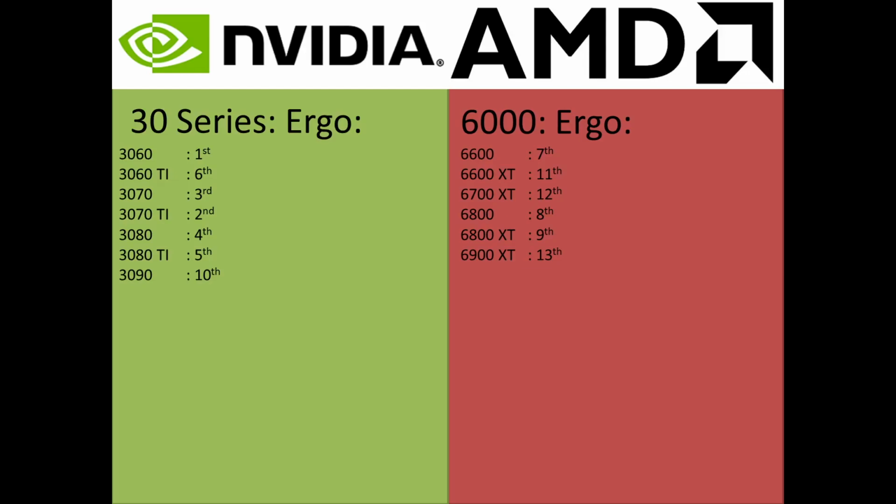Okay, on to Ergo. So you'll see now we've had a bit of a switch. We started off with two good algorithms for 6000 series, and then we had a mixed one, and now it's just gone completely the other way. 1 through 6 is 30 series cards, and then only then do we get over to the 6000 series, which is the 6600, always the most efficient on the 6000 side. So 7th, then 6800 in 8th, and the XT variant in 9th,